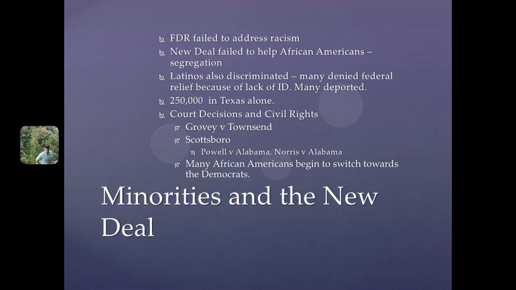One of the more interesting things during this time period is going to be the civil rights decisions we're going to see. So this will start with the Scottsboro case. The Scottsboro case dealt with a train traveling from Alabama to Memphis, Tennessee, and along the road, many people hoboed or hitched a ride on the train.